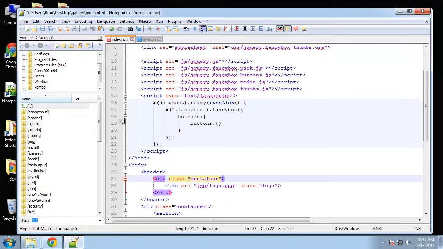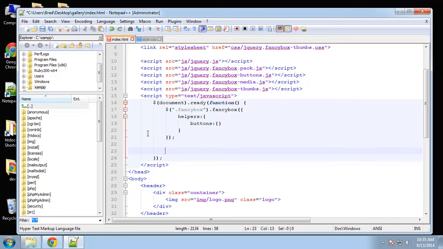So to add the jQuery, we're going to go up, and you want to make sure that you're still in this document.ready block, which ends here. So we want to go right above that. And don't worry if you don't understand some of this stuff. I know this isn't a jQuery course, and there's a lot of different things you could do to have this same effect. To have the categories,